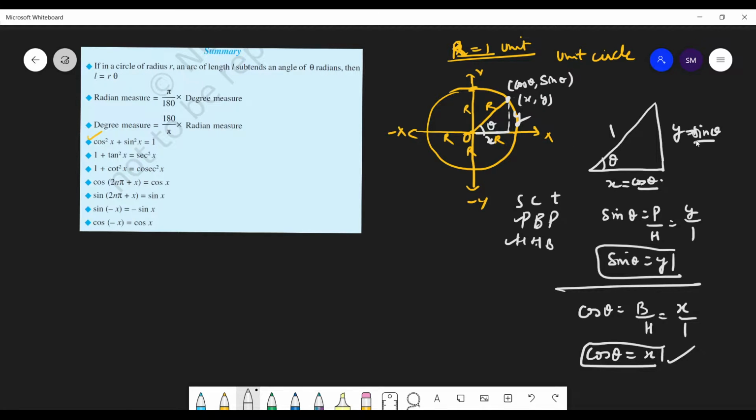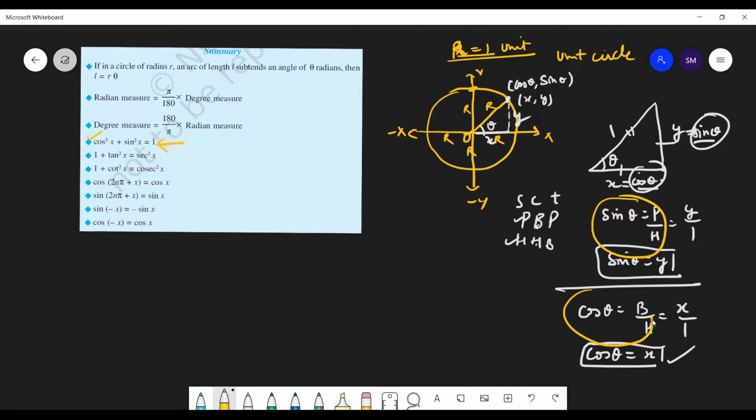So you can clearly see that sin square theta plus cos square theta equals 1, because base square plus perpendicular square is equal to hypotenuse square. So that's how I get this formula, right? Is this clear? And you can also write this formula, see cos means base upon hypotenuse, squaring and adding these two, you will get again 1. So that's also the way.